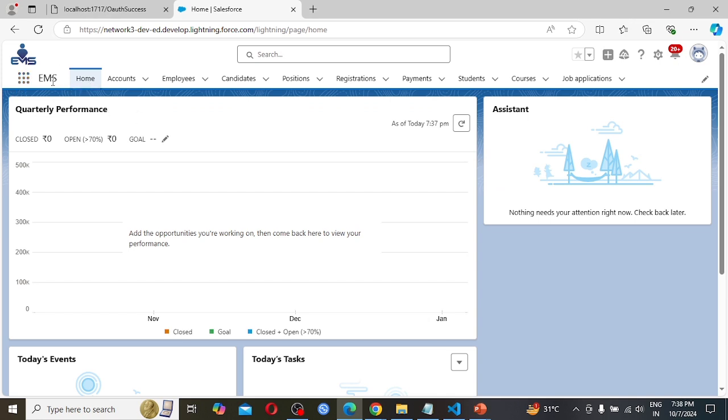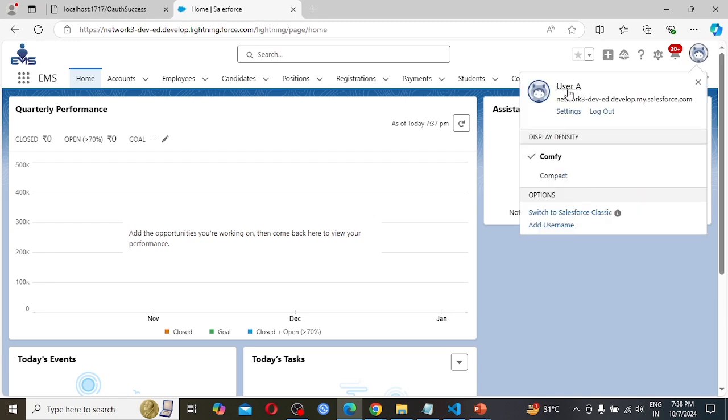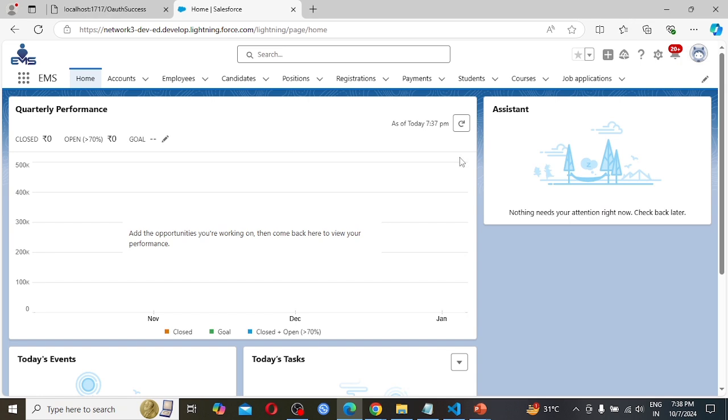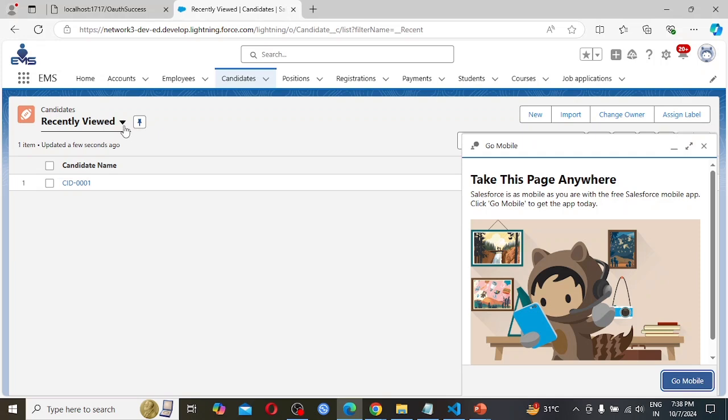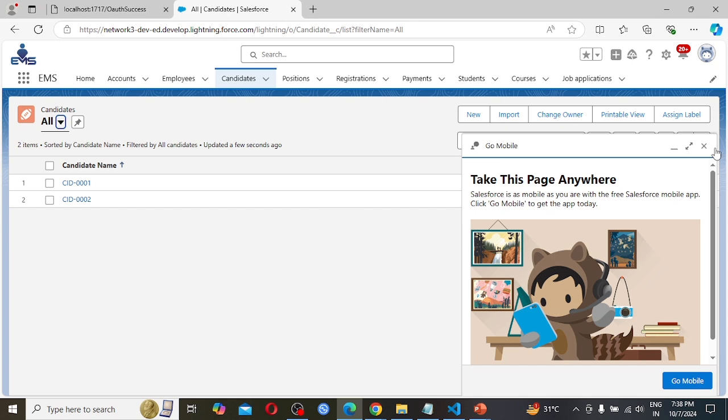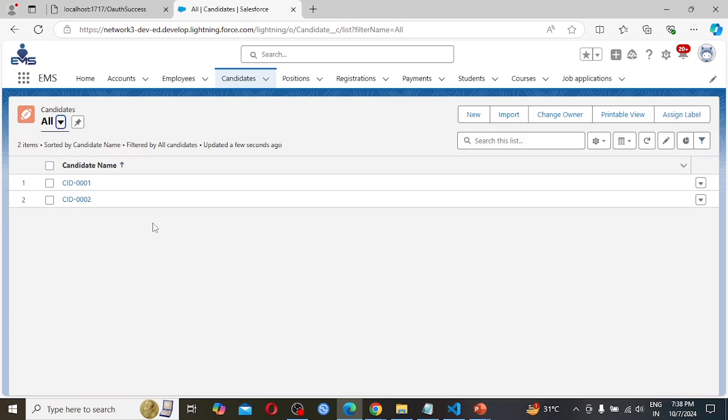As we are in the employee management system application, let's cross verify which user this is, user A, and I am clicking on the candidate object. Here all records are there.